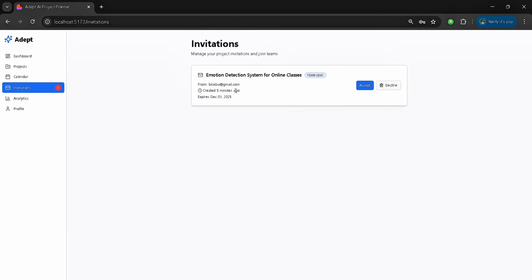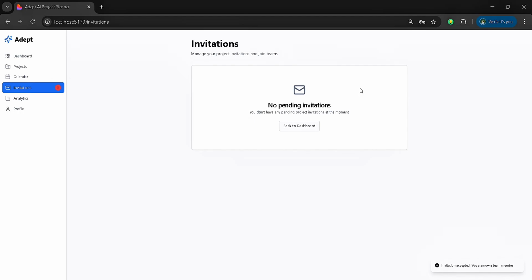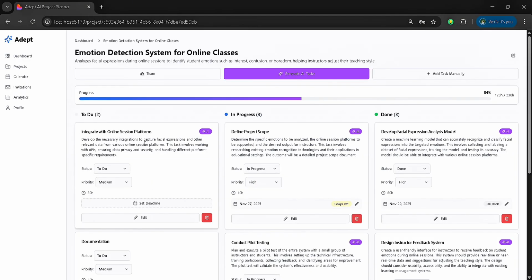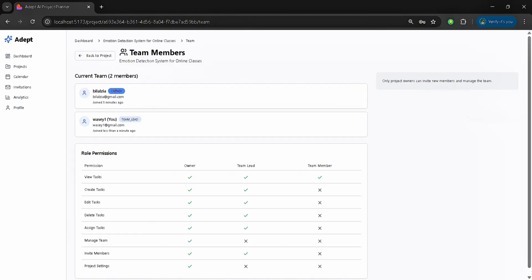And here if we see, we have one invitation which is from Bilal's account. It's up to Wase to accept or decline the invitation. If he accepts it, he sees the same dashboard as Bilal does. And even Wase can see here that Bilal is the owner and Wase has become the team lead for this